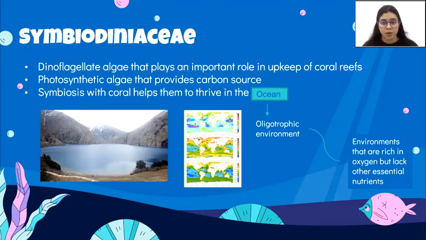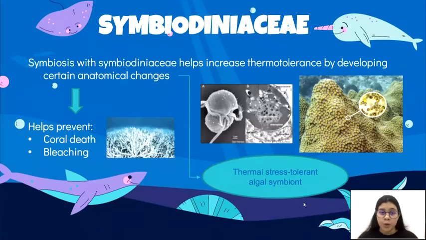If the symbiont fails, it could have detrimental effects on the corals as they will slowly cease to function properly, and this can lead to death, which may cause damage to the reef system as well as a possible ecosystem collapse. While there is still a lot that we don't know about their symbiotic relationship, scientists, through their research, have seen that Symbiodiniaceae helps increase thermal tolerance. This can help prevent coral death and degradation.